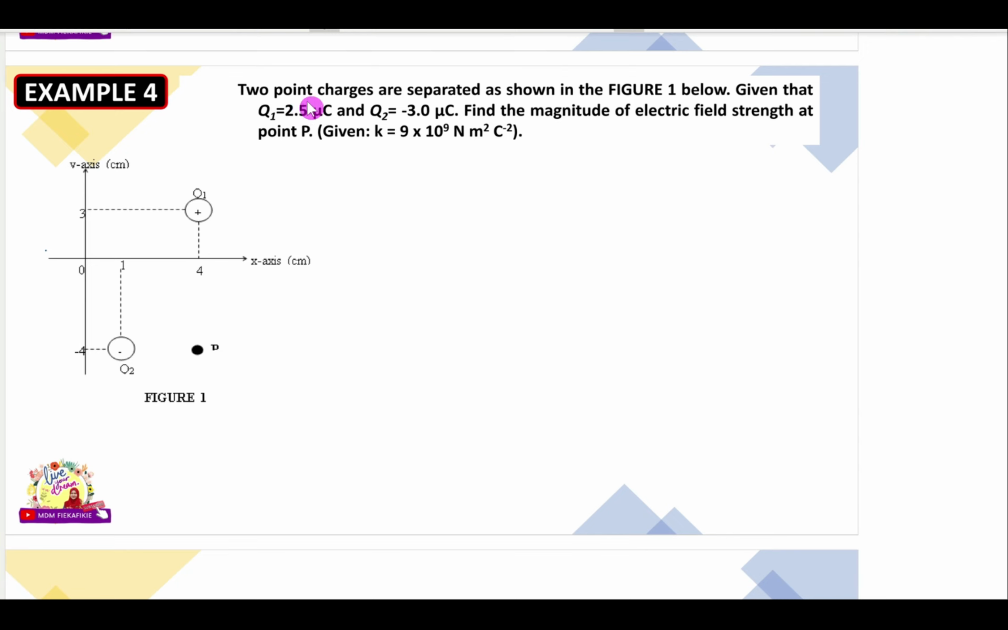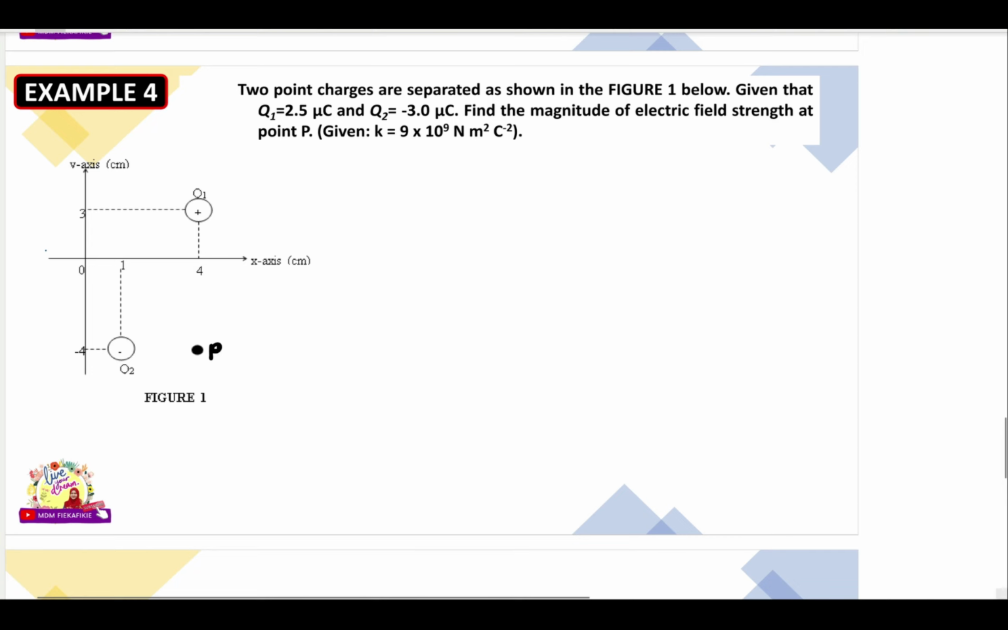Alright, so here we have 2 point charges, Q1 and Q2 are separated as shown in the figure. So given that Q1 is 2.5 microcoulomb, Q2 is negative 3 microcoulomb. So we have positive and negative. Find the magnitude of the electric field strength at point P here. So here we have point P. So, yeah, we just want to find what is the magnitude of electric field ataupun the net electric field strength